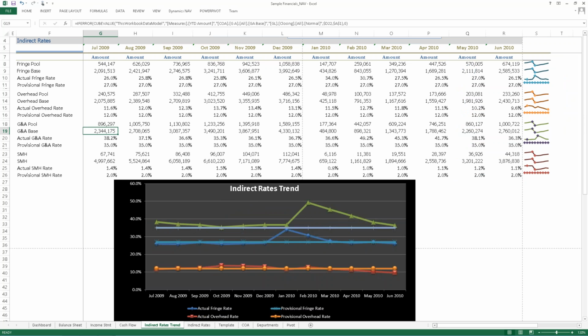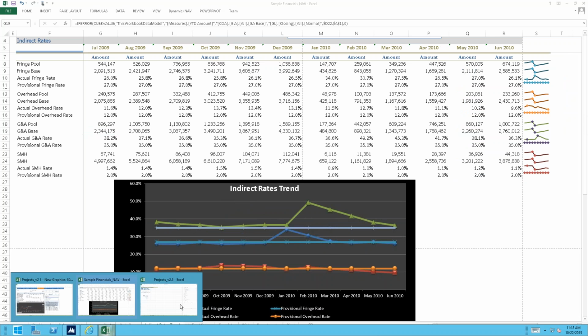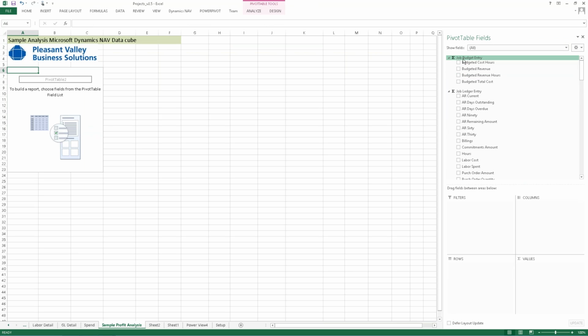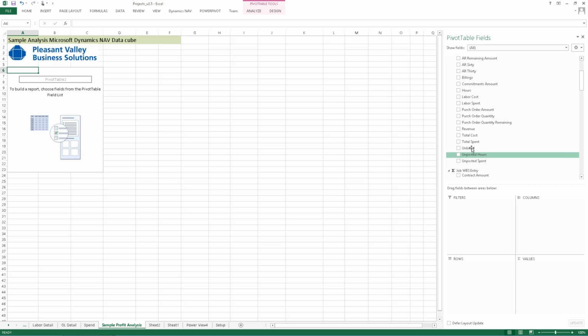You can also create your own views, whether these are a little more advanced or as simple as just querying data. So an example of that, let me open up an empty sheet here. And what we'll talk about a little bit is, from this empty sheet, what can a user analyze in terms of data that comes from both the financial system and time entry? So whether it's budgeted data, so budgeted hours, revenue, budgeted cost data in terms of the total cost, job ledger, which is my historical project data, so AR, whether it's current, 30, 60, or 90, labor hours, labor spent, unbilled, unposted data. So anything I want to analyze, I just take that measure and I drag and drop it into